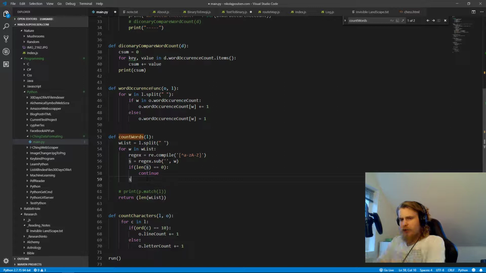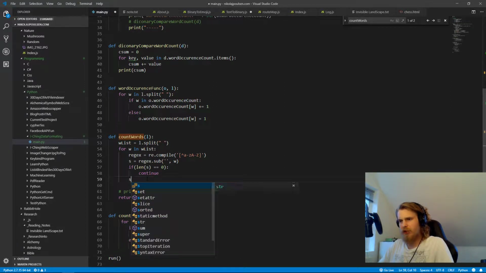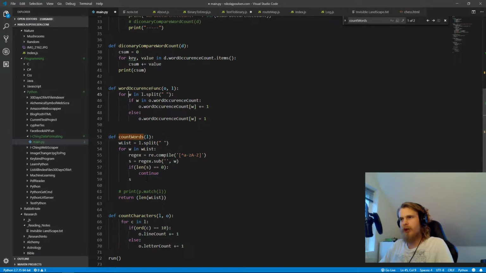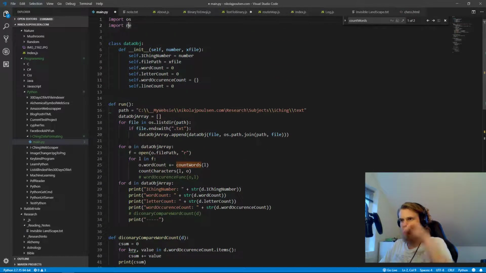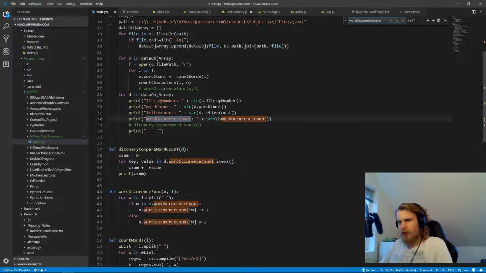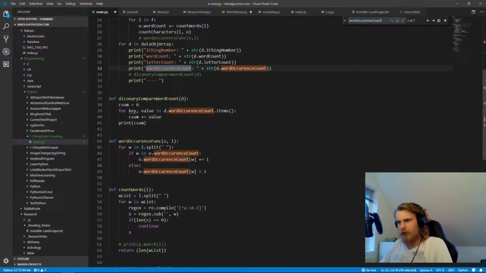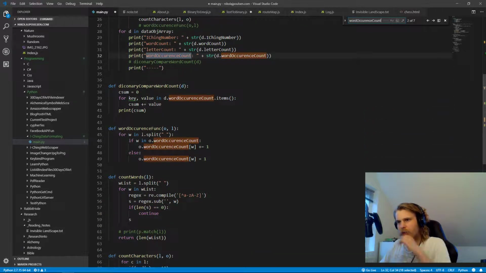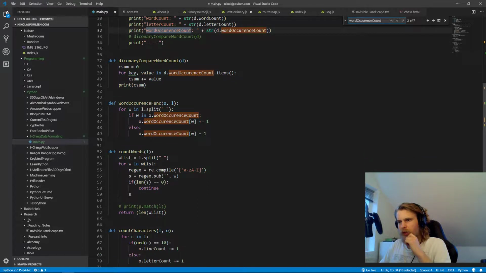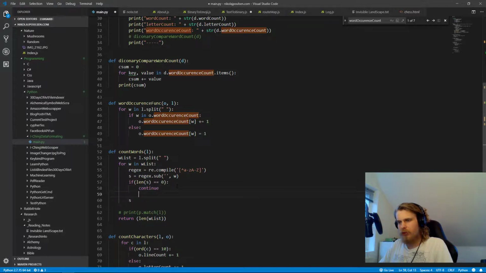But what I have to do is basically bind this string to a dictionary, right? So this string has to be bound to the word occurrence dictionary, I guess. So word occurrence has values, and this is fine actually. So it's actually here that it happens. Word occurrence. So I guess what we need to do is